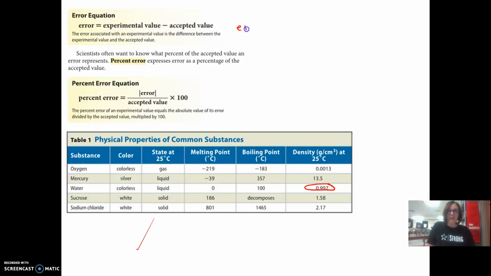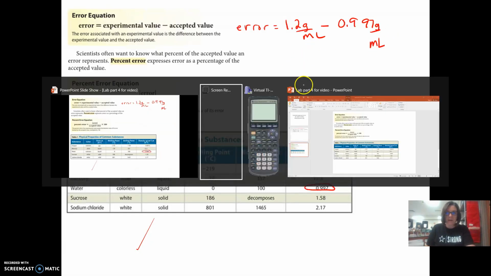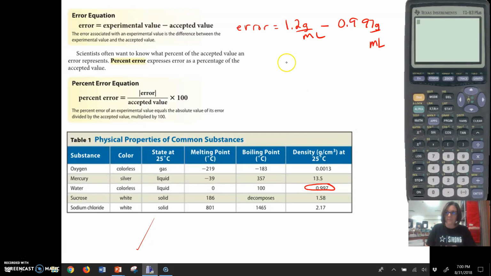So to get the error, I need to take the 1.2 grams per milliliter that I calculated and subtract from it the 0.997 grams per, they say centimeter cubed. That is the same thing as milliliters. So I need to subtract that. Pull up a calculator because I'm not doing that in my head. And I need 1.2 minus